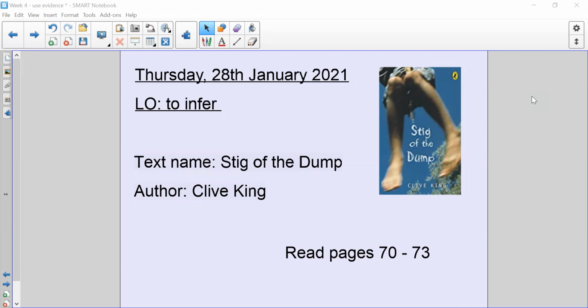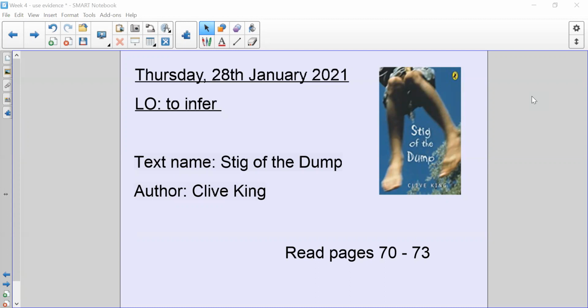I've been really impressed by those children who've been accessing Teams and submitting their work via Teams. Remember, if you have any issues, please send us an email to year5@theprimaryacademy.com, and we can try and sort you out and make sure that you're accessing Teams and the work that's been uploaded. So overall, I've been very impressed, and I've been trying to give feedback to most of you.